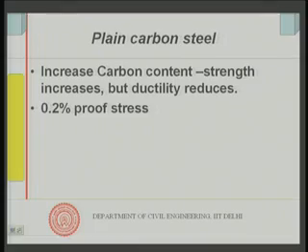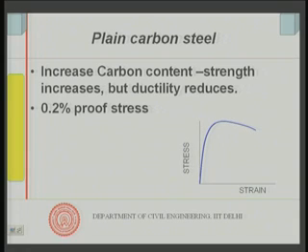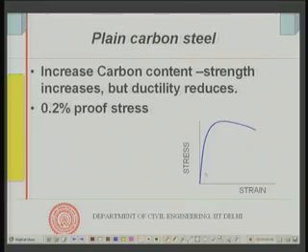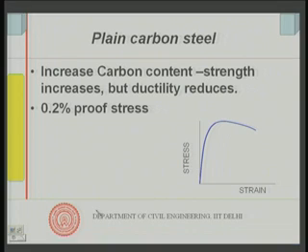And then we define the useful strength in terms of what is called 0.2% proof stress. We might have stated this earlier, but let us repeat. Whenever your stress strain curve does not have a sharp yield point, we do not know what useful stress I can use, because beyond a point, as you can see in this diagram as well, it shows plastic deformation. So, which point shall I use for my useful strength? We define it in terms of 0.2% proof stress, and that will look something like this.